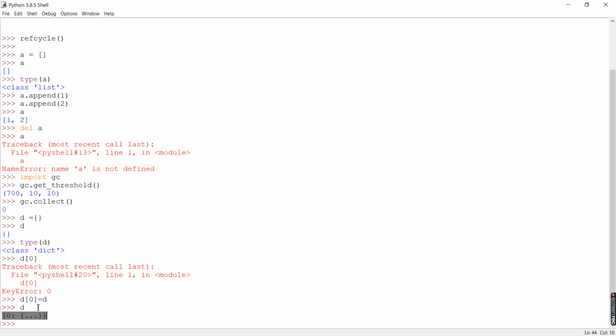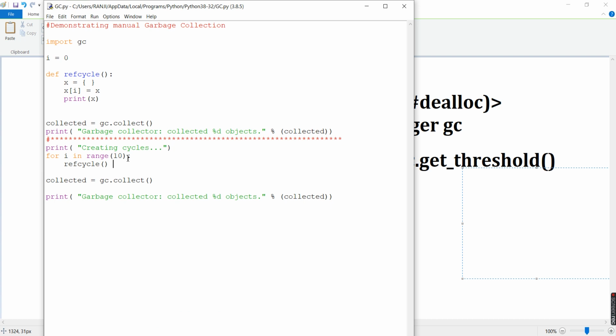Then i gets incremented to 1, 2, 3, up till 9. You get all these prints one by one, and it will do gc.collect and collect all those variables, 0 to 9. Finally it will say it collected these many objects, that is 10 objects.